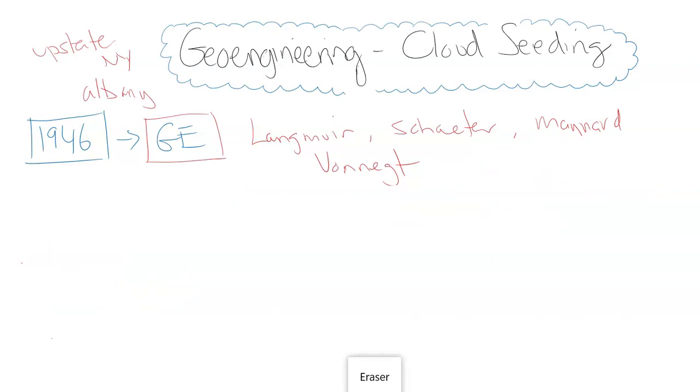So once GE realized what they had done, they started to market it. They started to advertise it, obviously as a way to advertise GE and their expertise and their ability to have their scientists produce clouds and snow from nothing, pretty much. And they started to promote it, but on the other hand, they started to worry about the liability the company could face if something goes wrong. You're trying to manipulate the weather, which could lead to various lawsuits in the future.